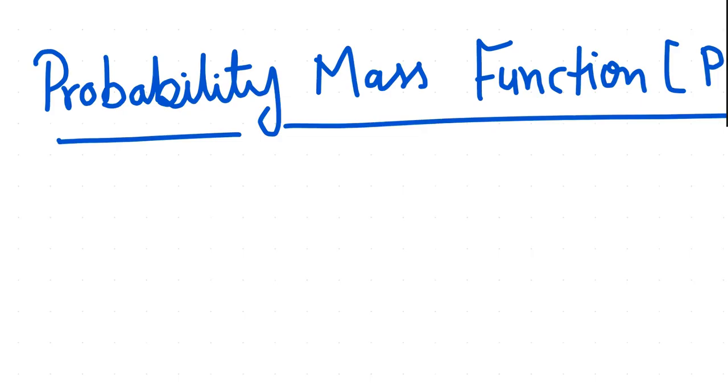Probability mass function can be defined as the probability that a discrete random variable, like we have done in the previous unit, takes a particular value. For example,